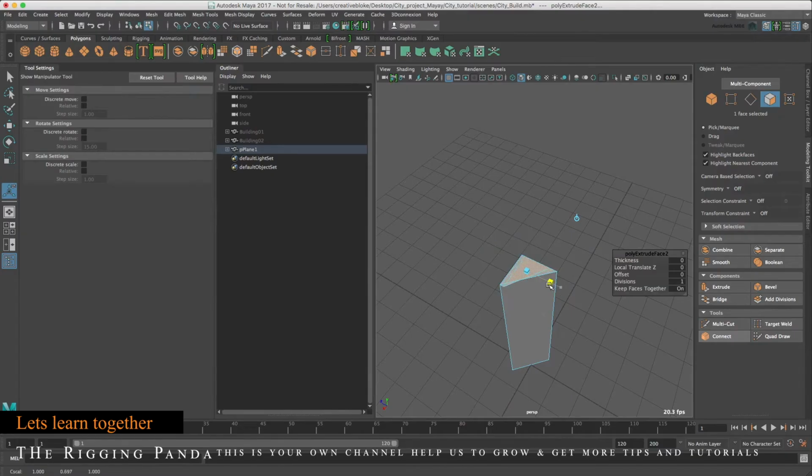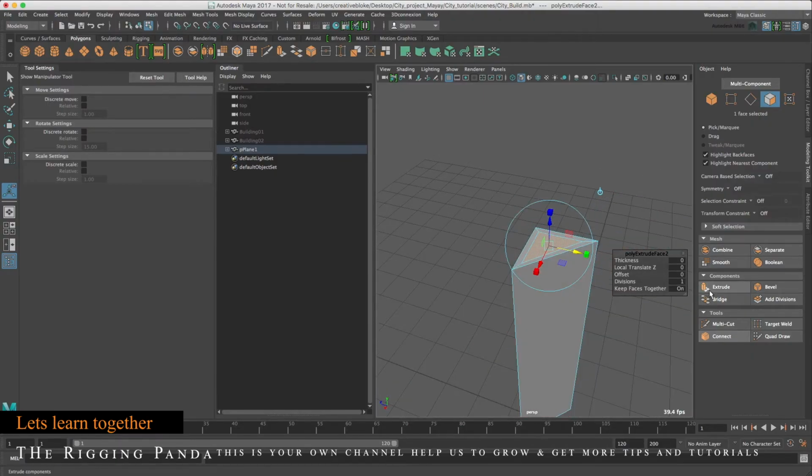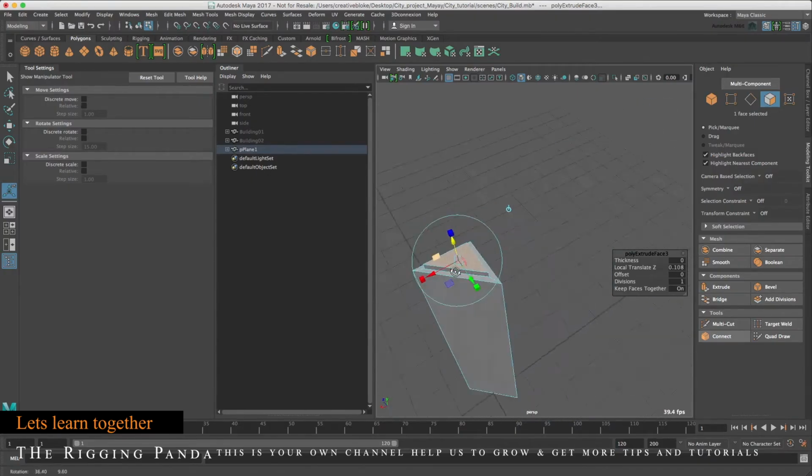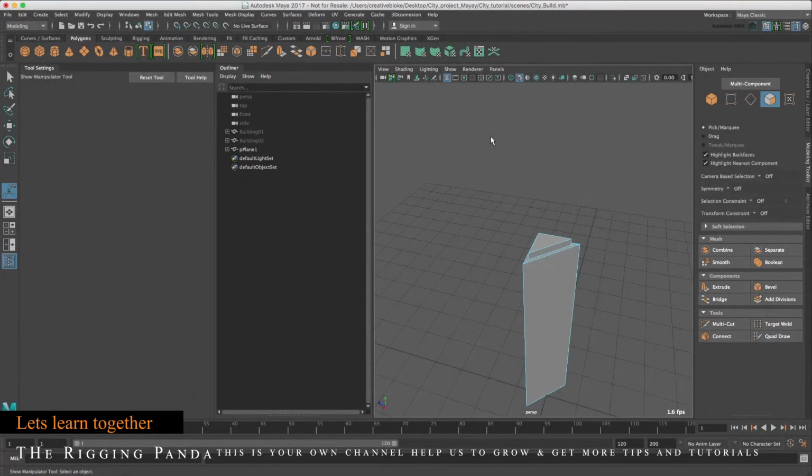And I'm just going to use the scale tool here just to eyeball and move a new inset, and then press extrude again to add a little bit of extra detail to the roof. Now that we have our roof detail on our building, let's, in the outliner, rename this to triangle